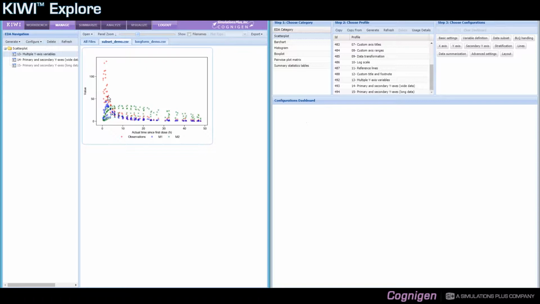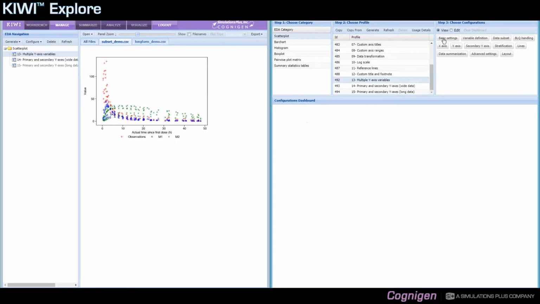So we've got our red for the observation variable, the blue triangle for the M1 variable, and the green X's for the M2 variable. All variables are shown on the same y-axis scale. So to achieve that design,